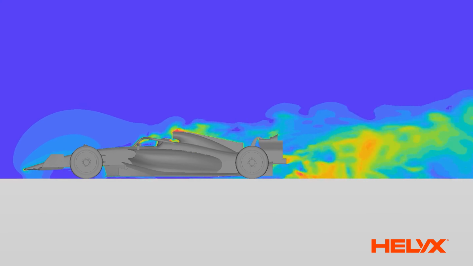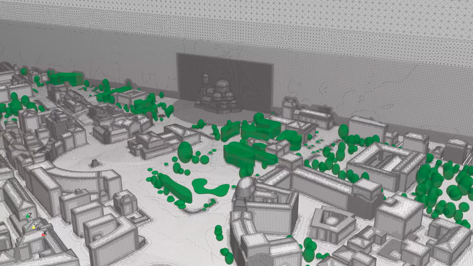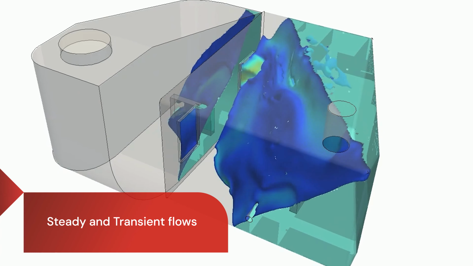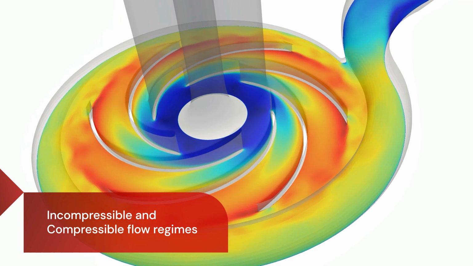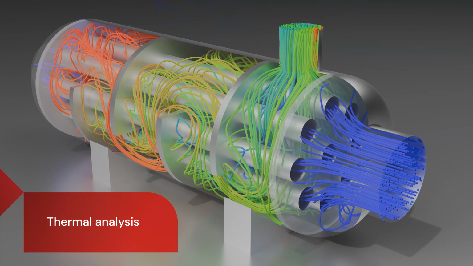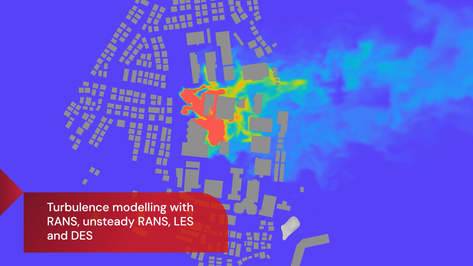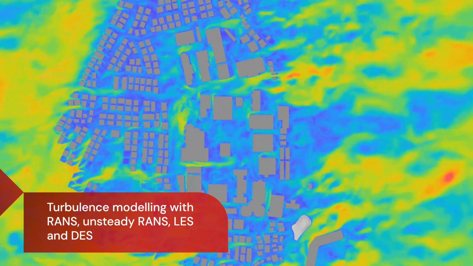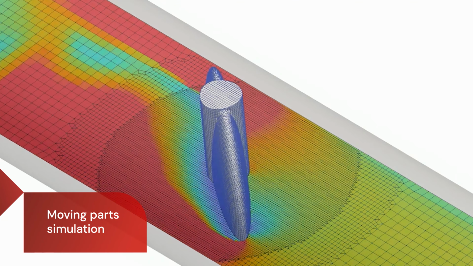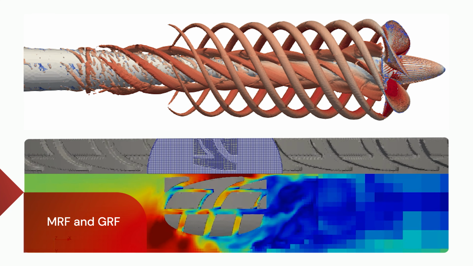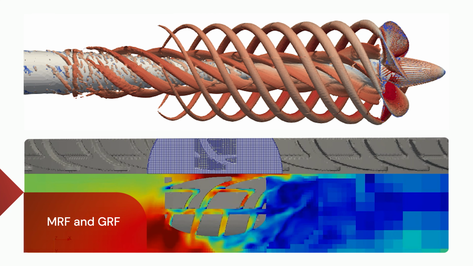Both HELYX and ELEMENTS offer a wide range of CFD capabilities, such as high quality and automatic mesh generation through a fully parallel workflow, steady and transient flows, incompressible and compressible flow regimes, thermal analysis including natural and forced convection, radiation modeling, conjugate heat transfer, a very complete range of turbulence models, including RANS, unsteady RANS, LES and DES, moving parts through different dynamic mesh approaches and immersed boundary methods, modeling capabilities for moving parts through the use of source terms such as MRF and GRF, advanced boundary conditions such as cyclic, periodic, and discrete mixing plane,